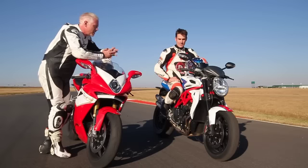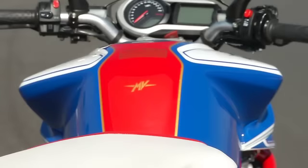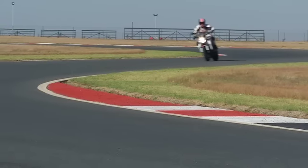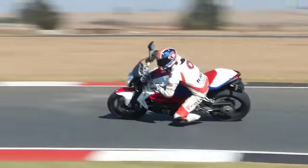Well, Clinton's back, not too sweaty after his few laps that I've sent him out on, and Clinton, I am desperate to know. I know you really like the F4RR, and there's nothing not to like about it. Different motorbike, but how different? Matt, different riding position, felt hugely different in terms of geometry and that kind of stuff, but also awesome package. Motor, a lot shorter gearing, so it gives a big punch out of the turns. Maybe just a little bit short for the track, but I can see where on the road it would be